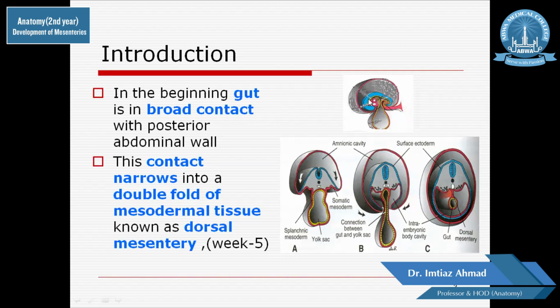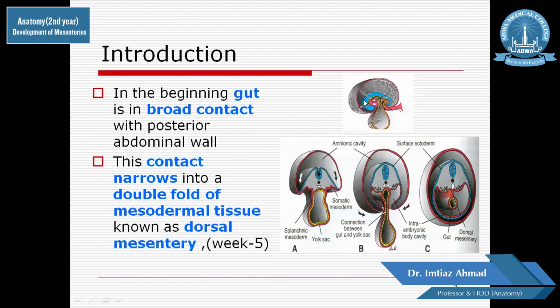The cranial folding encloses the part of the gut known as the foregut, and the caudal folding encloses the part of the gut that is known as the hindgut. And what is left behind in the middle is the midgut, and that is connected to the yolk sac by a vitello-intestinal duct, which later on is closed up, and there is no remnant except in 2% of cases, which is known as Meckel's diverticulum. This is what we discussed last time.